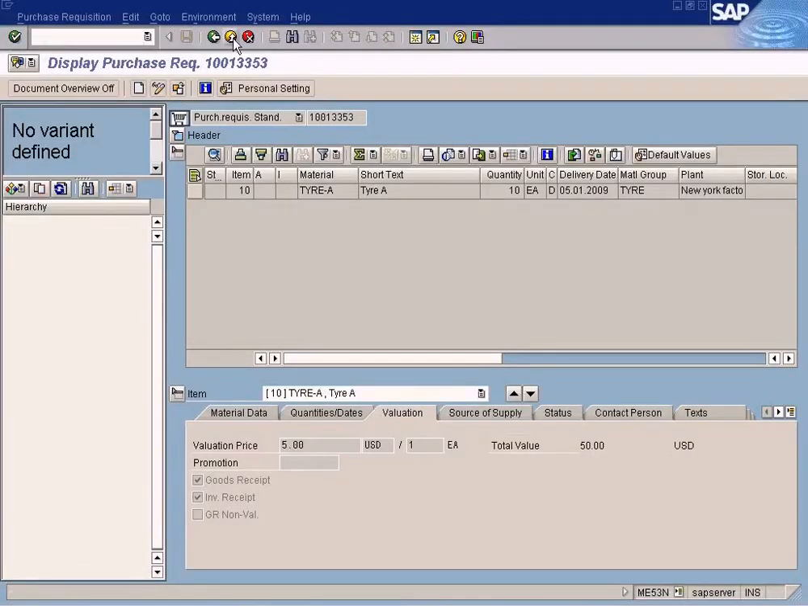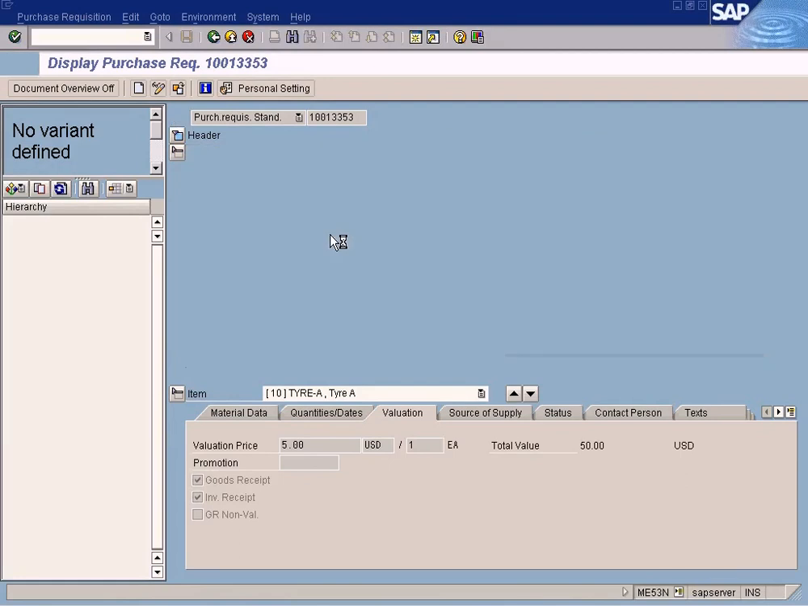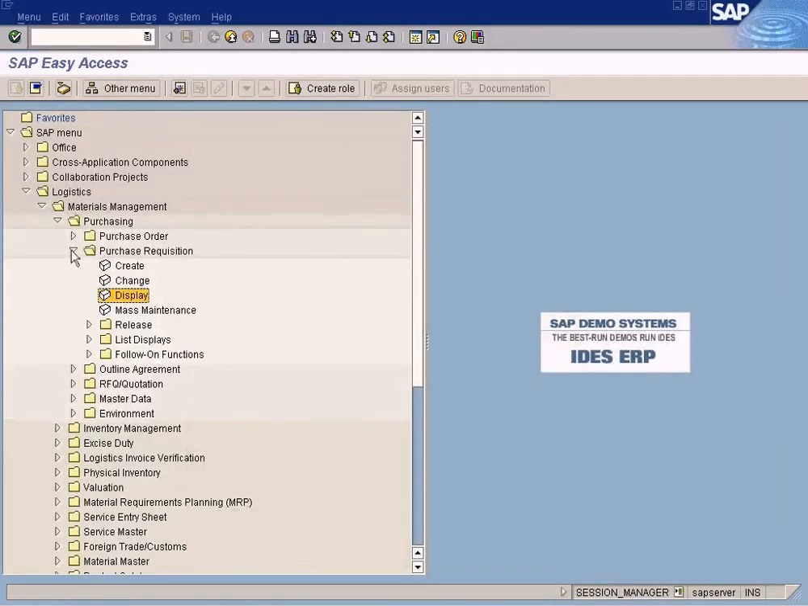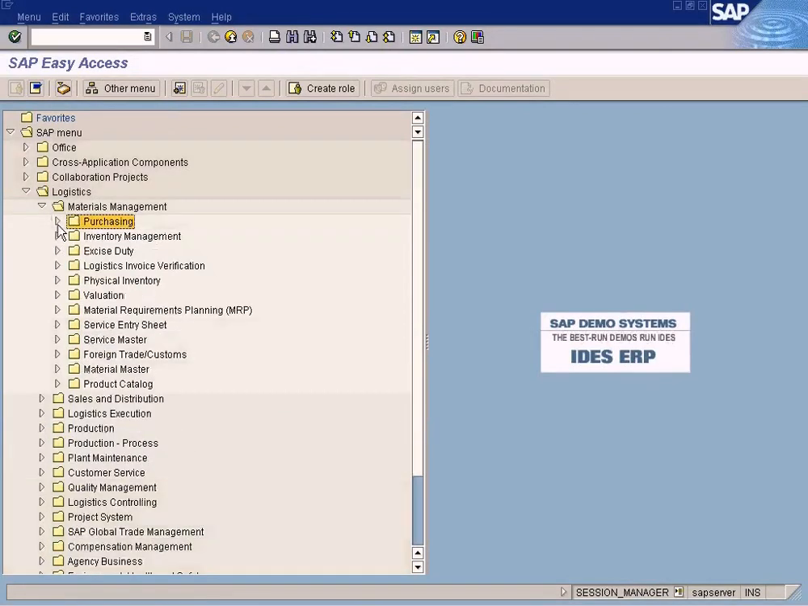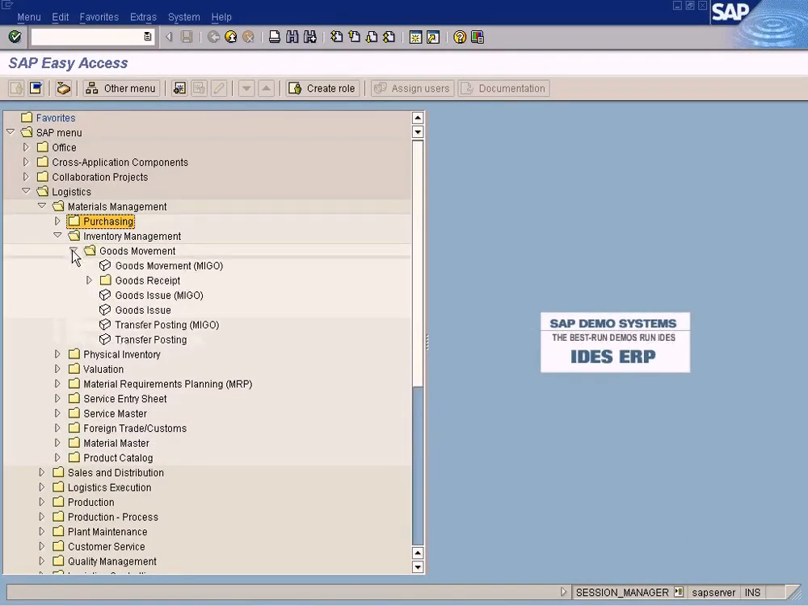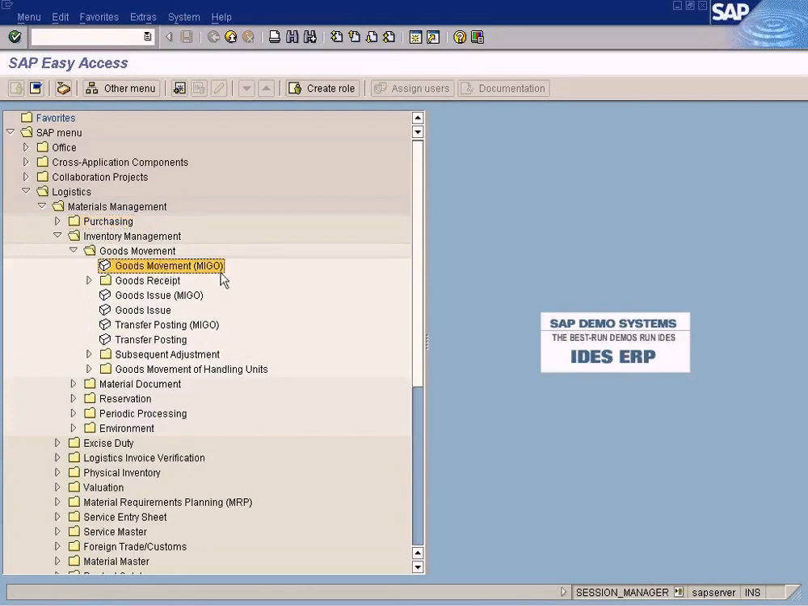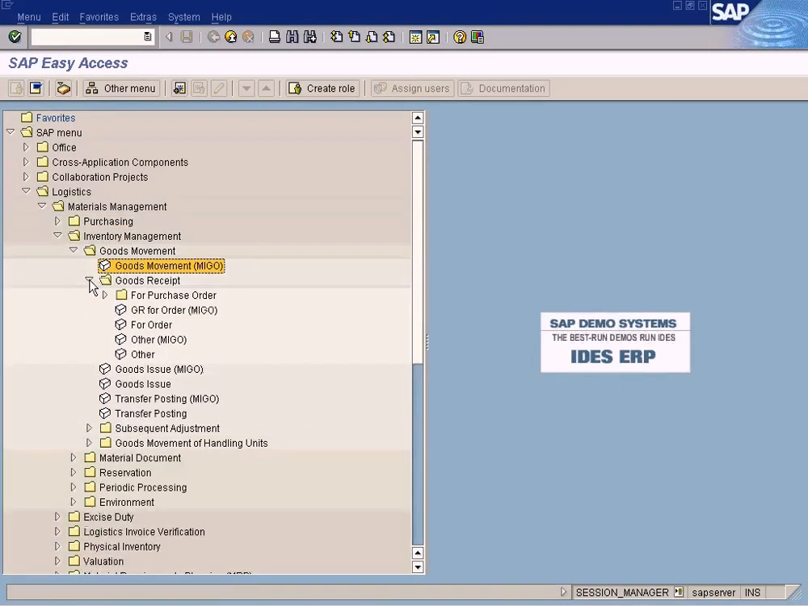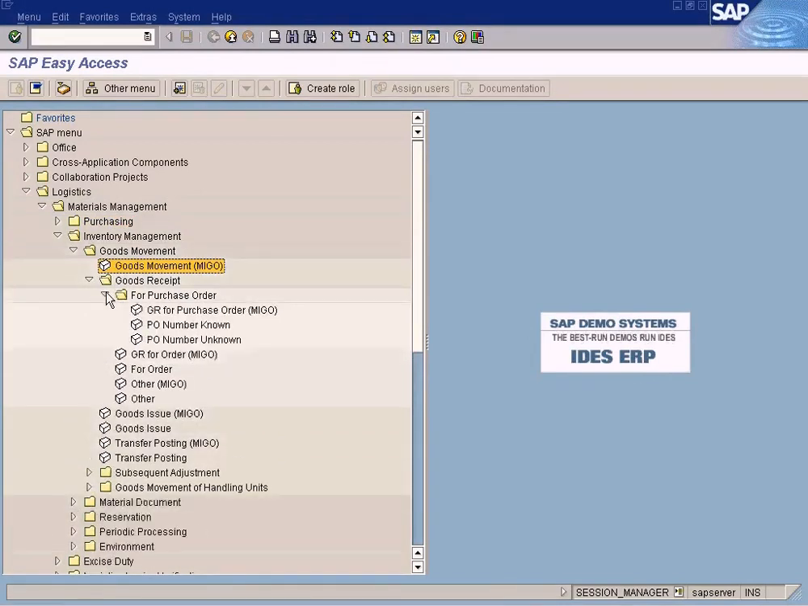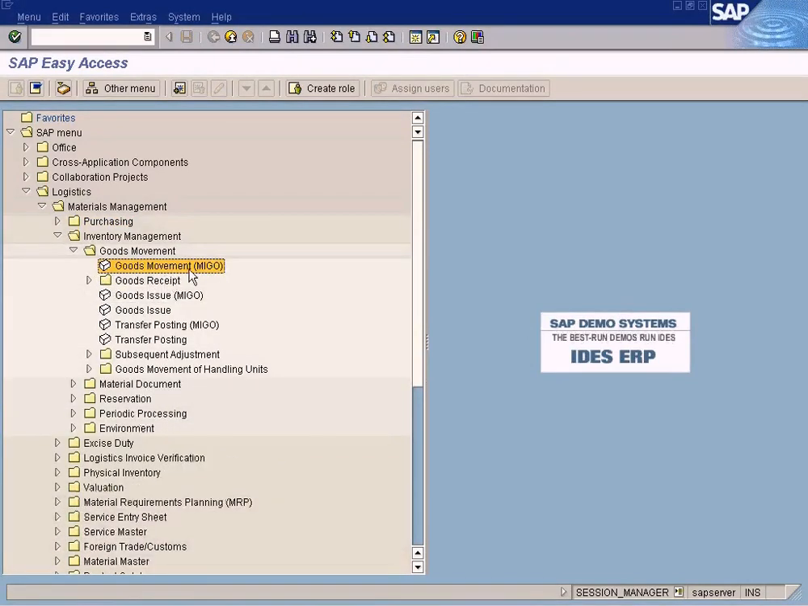Just have to go here, close this, close, go to inventory management, goods movement, MIGO. The popular transaction is called MIGO. Okay, you can also use this, but let us use this. Okay,